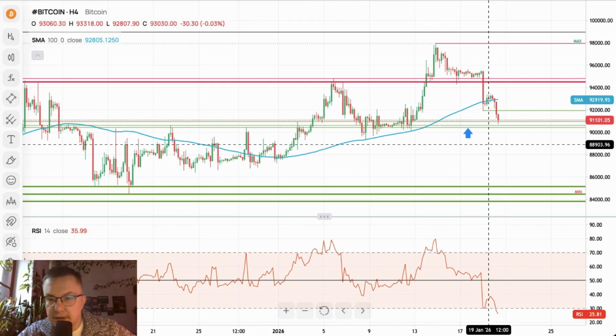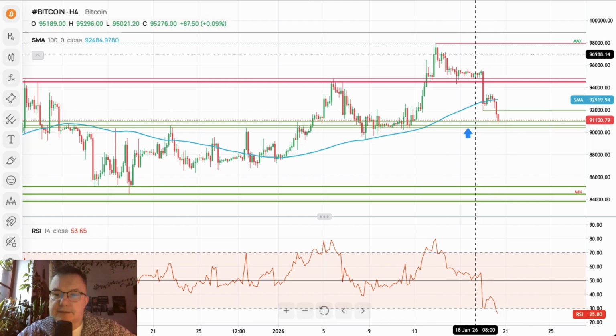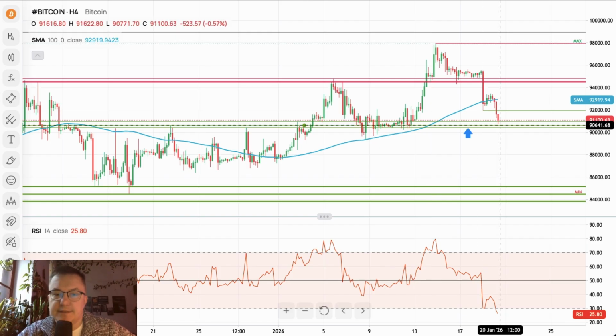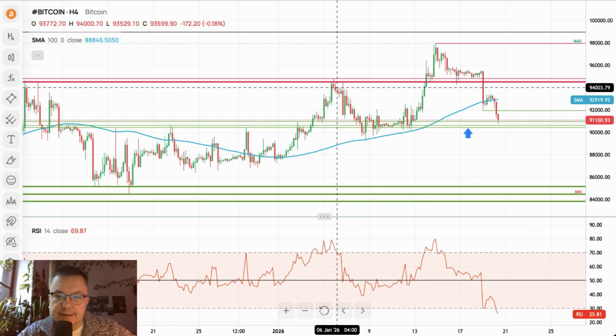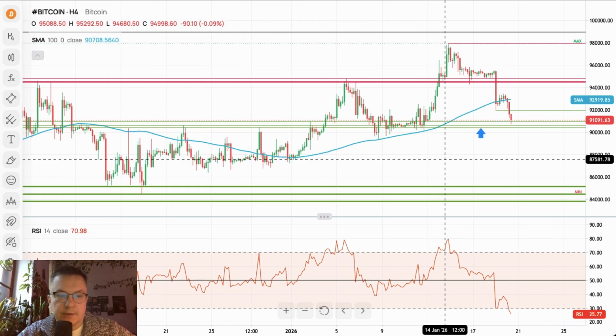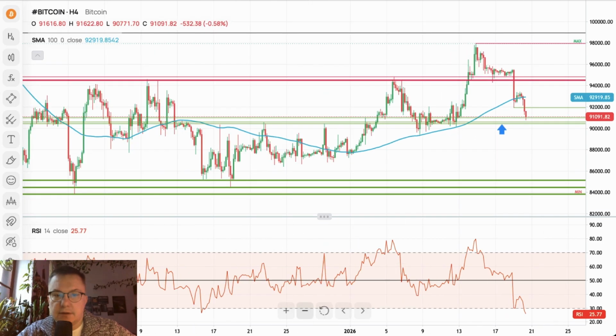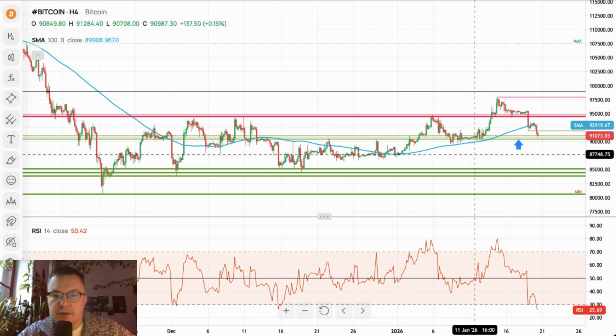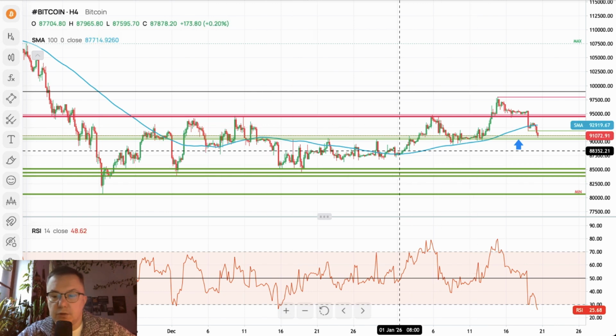This is roughly the middle of the range, and as you can see, this correction here, this movement to the downside, this sell-off is the biggest sell-off since this correction here. So you can take a look. If we zoom out, you can take a look a little bit. There you go. So we are back inside this consolidation here. So it doesn't actually look bullish for the Bitcoin whatsoever.